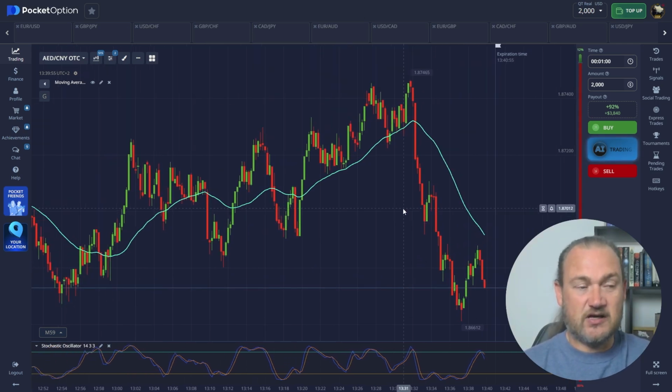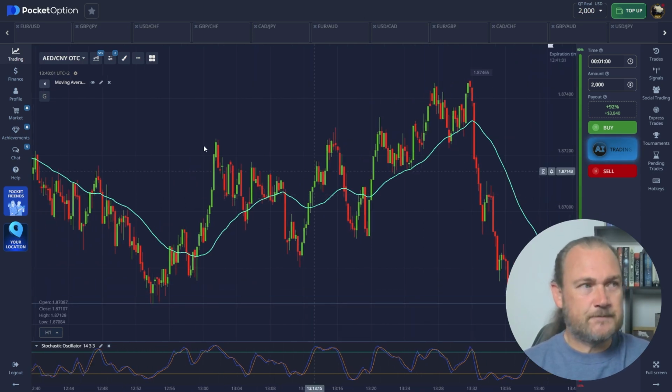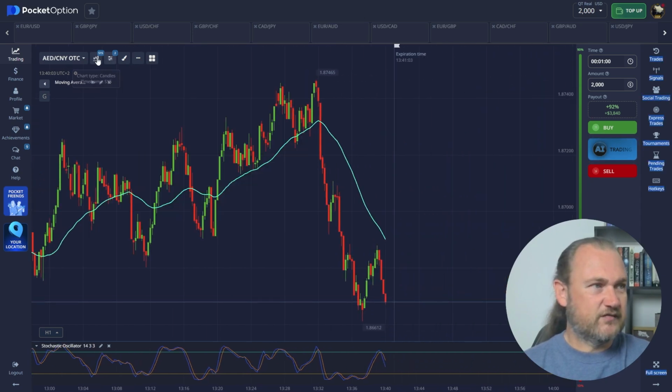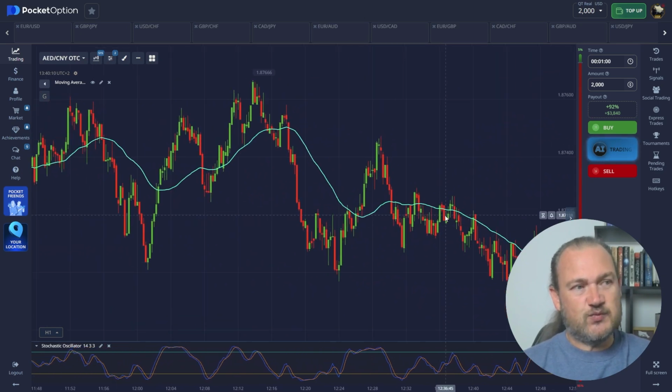So how do we remedy this? We're going to use it today from the perspective that it is a continuation indicator and not a reversal indicator. And let me just take off the auto scroll here. We're going to look at it from that viewpoint. And as we know that